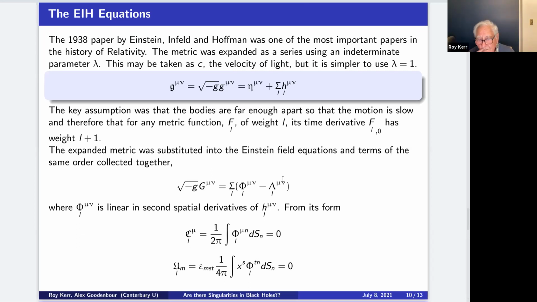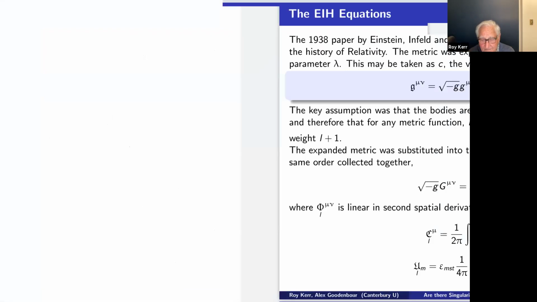So they spent the next 20 years, or at least Infeld did. Einstein got out of it after a couple of years. They spent these 20 years trying to prove that they could do this. And finally, when I got started as a graduate student, Infeld had shown that one way to get around it was introducing dipole moments in every approximation order. Things had become a real mess.